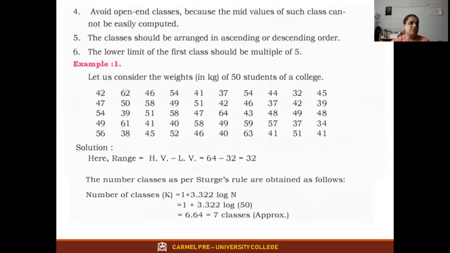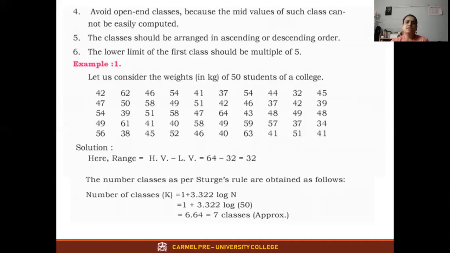So all this, right from Professor Sturges' rule, and a lot of calculation, you need to do for your quiz also. So you need to use the formulas. So you should know the small formulas. Okay. Now I will take you through a problem. Till now what I have done will help you for the quiz. Now what I am going to do will help you for your assignment also.